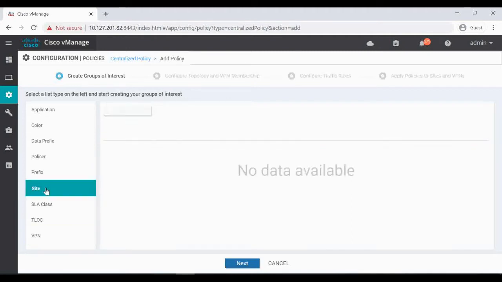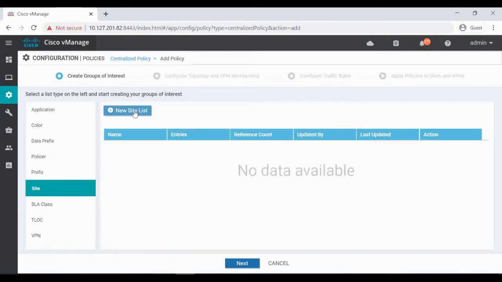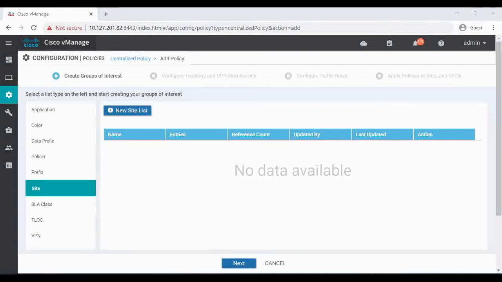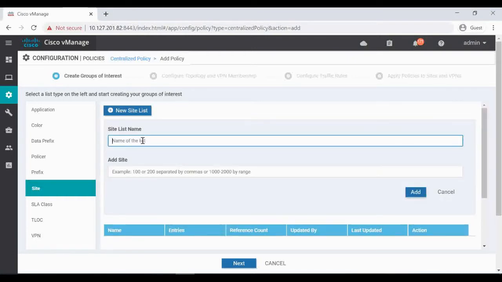Then the sites. So you have to create a new site list. Basically, I'm going to keep one site list for hub site and one site list for my branch, the spokes. So first I'm going to create a site list for our spokes. So I'm going to give spoke site list.